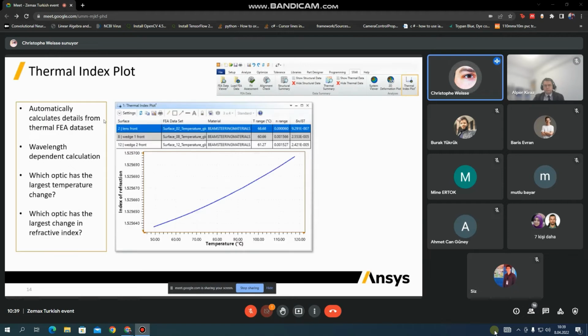We have also added additional insights regarding the thermal part of the process, because the structural change is quite easy to see in OpticStudio. You can always open a sag map and see the sag difference, so you can quite easily see what is the impact also visually on the structural changes. But the index variation due to